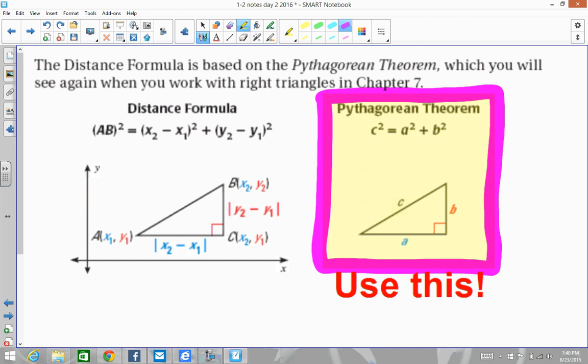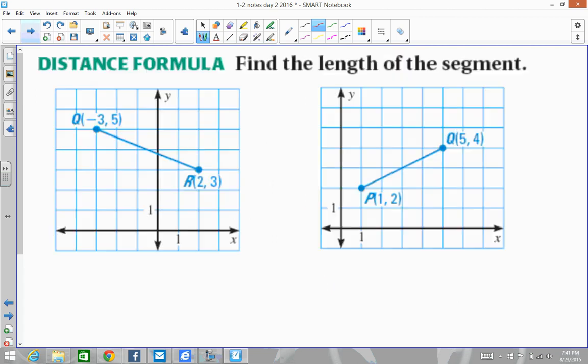Where, when I'm using Pythagorean theorem, let me switch my pen here, this represents the A, this represents the B, and the distance from A to B is the part C. And so Pythagorean theorem is going to work so much easier for everybody, and it makes it go a lot faster. So if I look at this problem, I want to find the distance from Q to R,